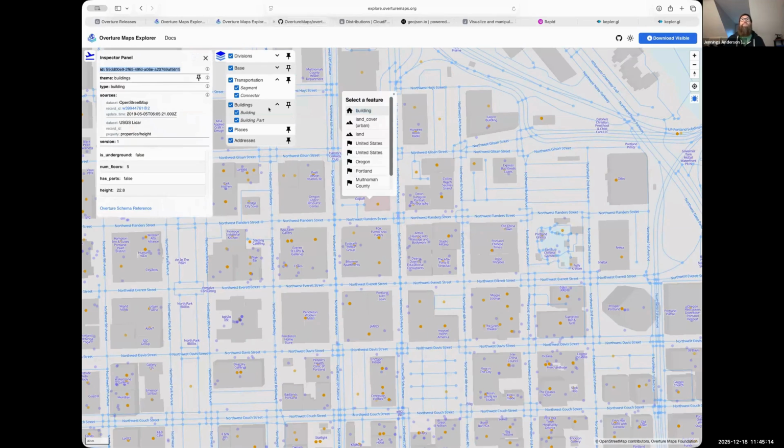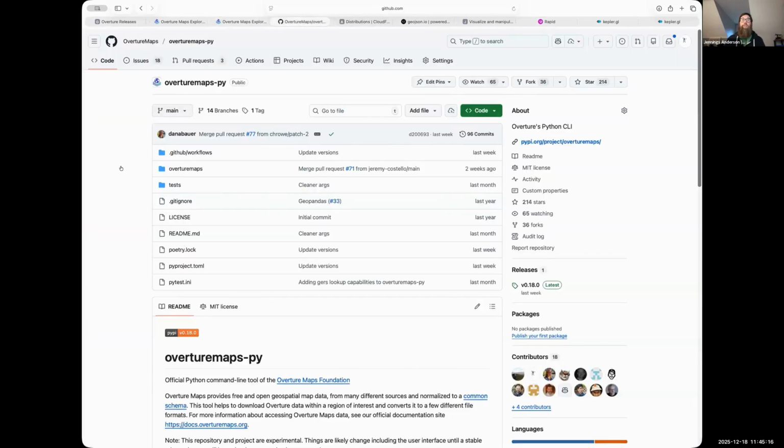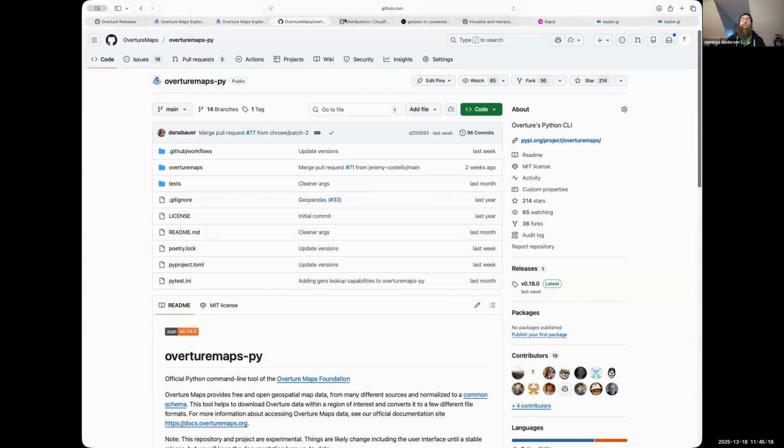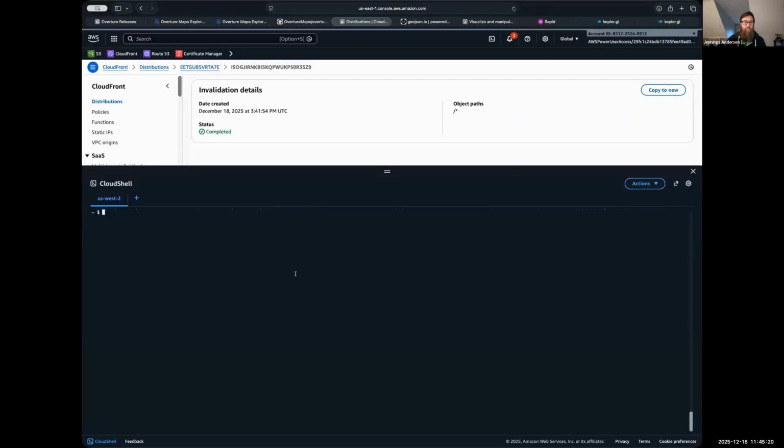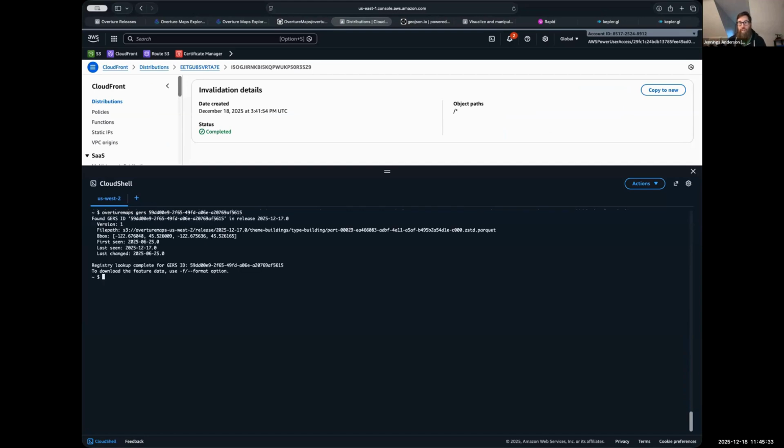And we'll use the Overture Maps Python tool. And I have that loaded up here in a Cloud Shell, just to show that there's nothing fancy local. I just pip install overturemaps. And now I'm just going to type overturemaps gers and drop in that GERS ID. And it checks that registry manifest, learns where that file is, and gives me a little bit of information about